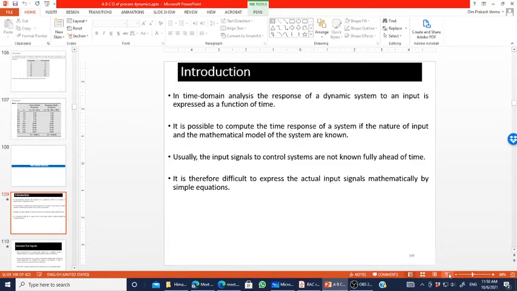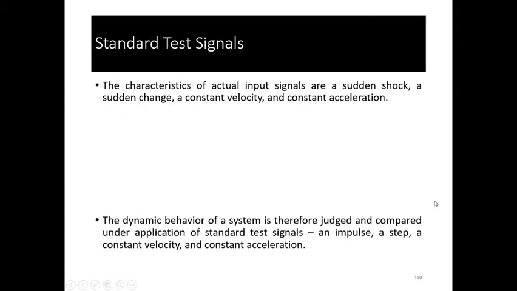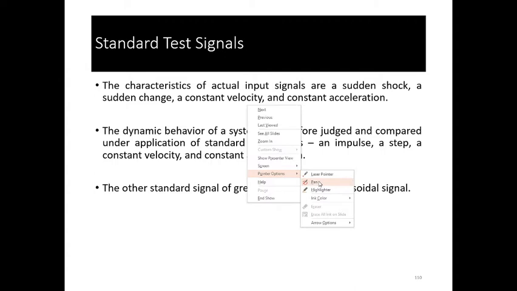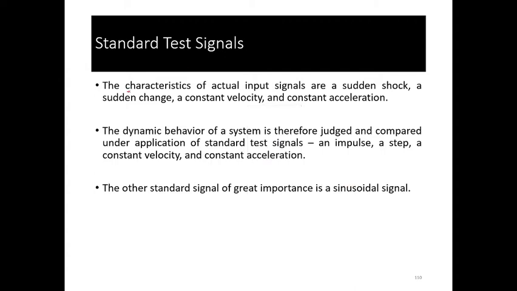Now come to the next point. We have different types of signals, and a signal is defined with the help of some characteristic of the input. That characteristic I have already discussed: sudden shock. Sudden shock means in a very small time the value of the magnitude is very high. However, a sudden change is just like the step signal. Sudden change.